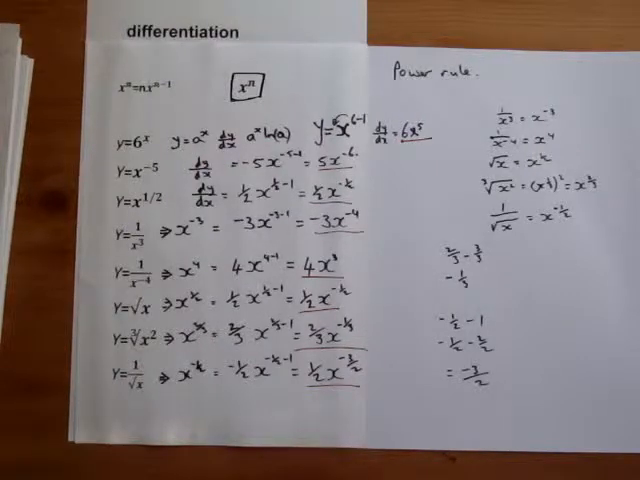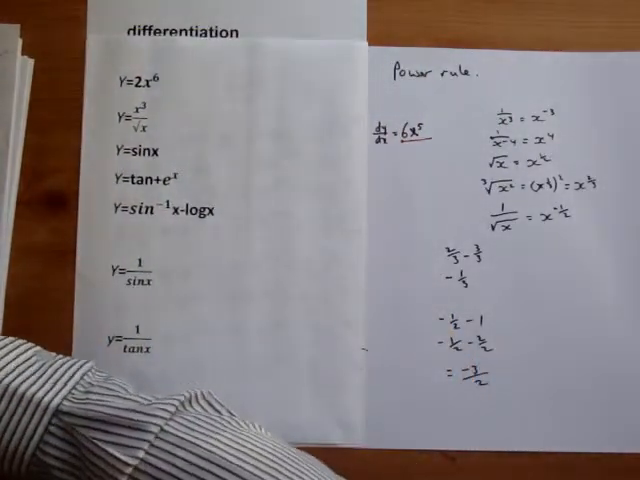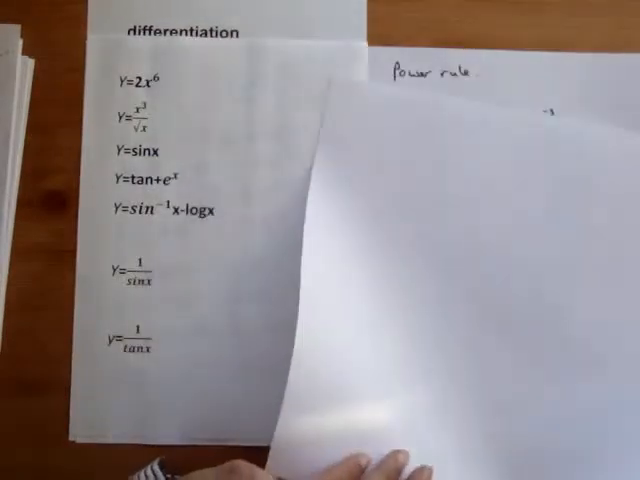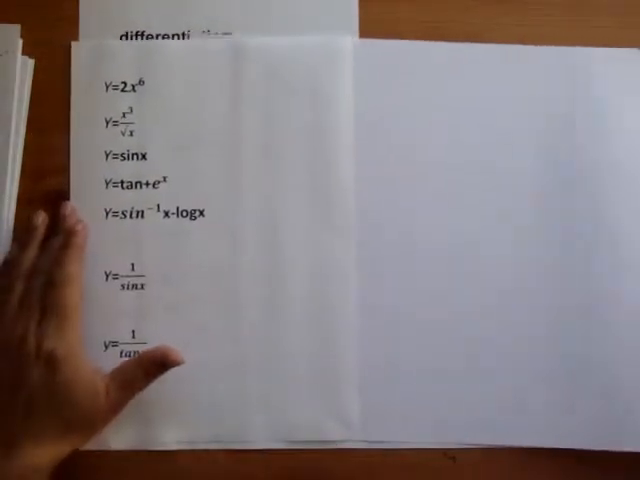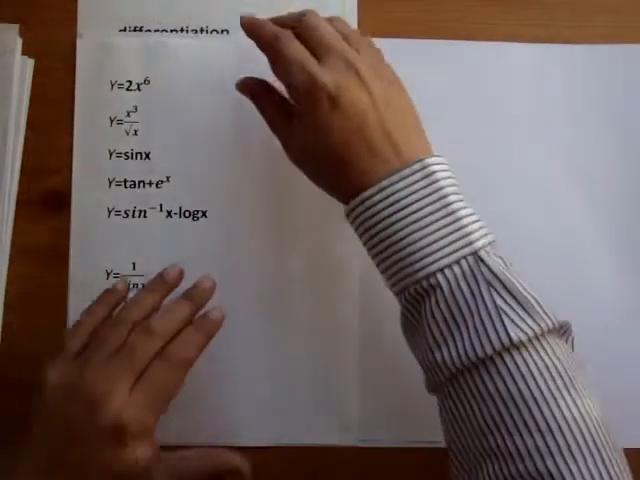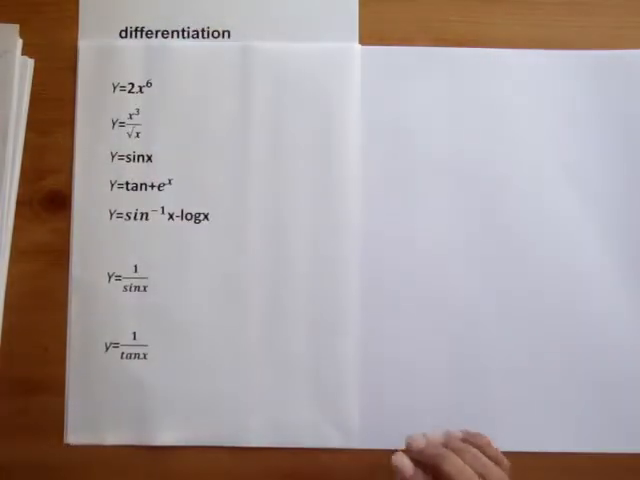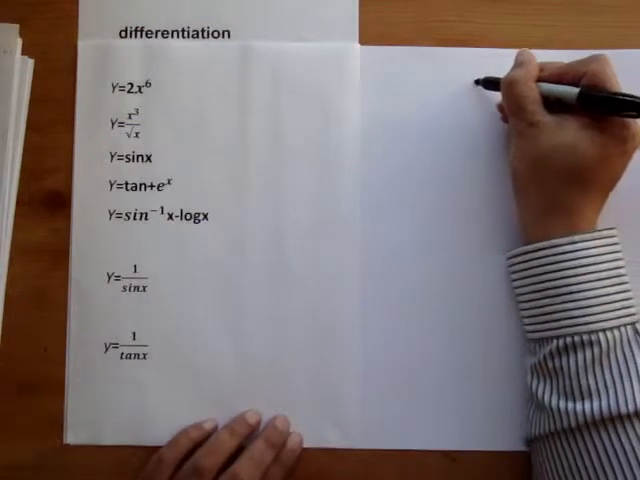Okay, now let's try some other differentiations. And this time we're going to use a couple of different rules and bring them into play. So let's have a go at this. So let's have a look first to see if there are any rules that we need to apply. So this 2x